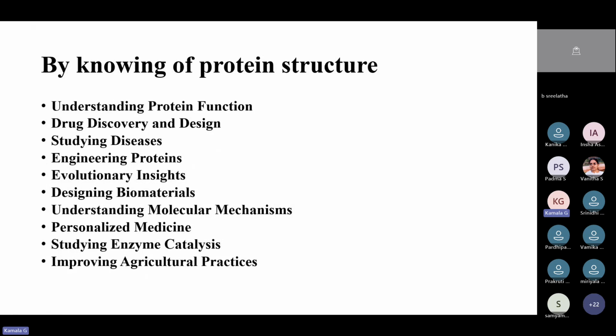So the first one is to understand the protein function. By knowing the structure, what kind of amino acids are there, what the exact structure is, we can understand what kind of functions are carried out by this protein. For example, in a cell, so many proteins are present in the cytosol. Some of the proteins are present in mitochondria. Some of the proteins are present in